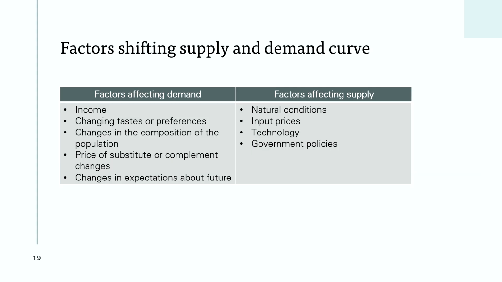Here is a table to summarize the key factors that shape the curves. Common factors that affect demand include income changes, consumer preference, population, prices of related goods, or expectation of future prices. And common supply shifters include input costs, technology, number of producers, taxes and regulations, or expectation of future prices. So understanding these shifters is essential because real-world markets change constantly due to